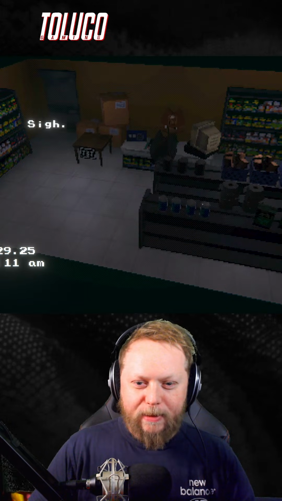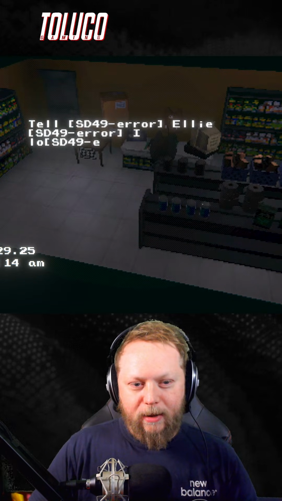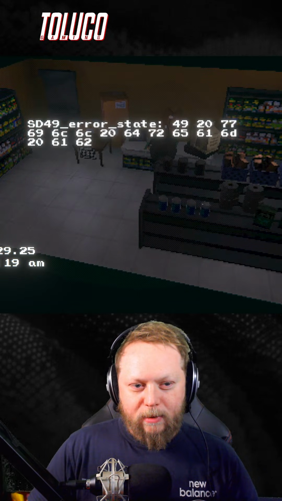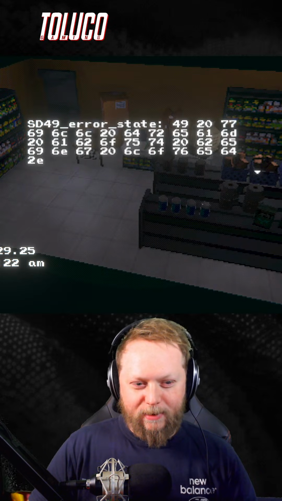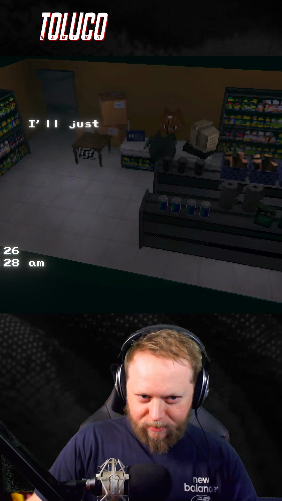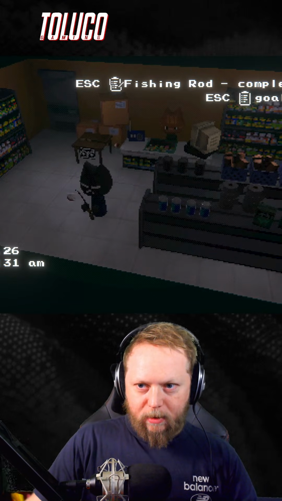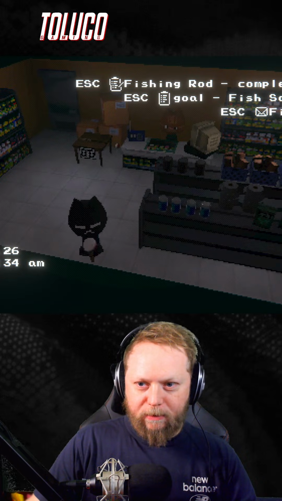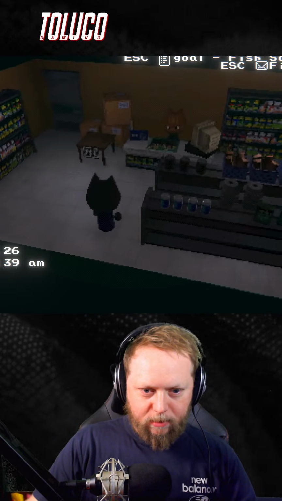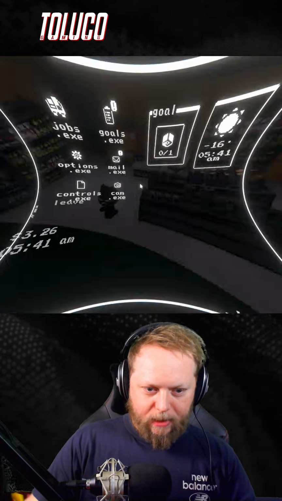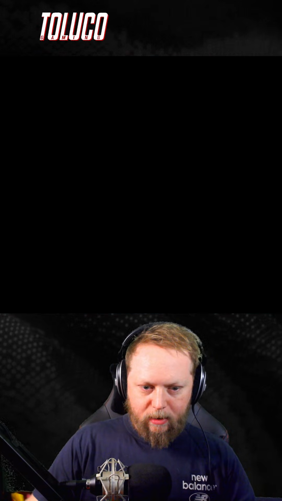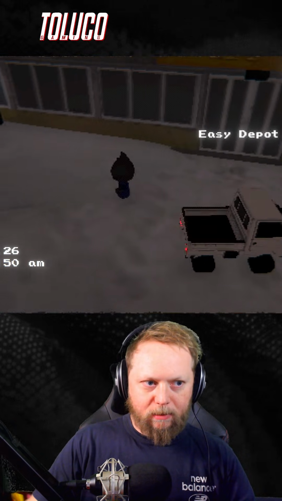Fishing rod. This please. Tell Ellie I love them. What? This guy's breaking down. 125 dabaroos. Leaves me with $3. Okay, right. Fishing rod complete. I've got a new goal of fish soup. Oh, I've just clicked fish by accident. How do I do this? Right, that goes in my pocket. Okay. I keep pressing the wrong button. I wanted to check. I do have coffee powder. I just need to find a way to make coffee, and I don't know where else you can make it.